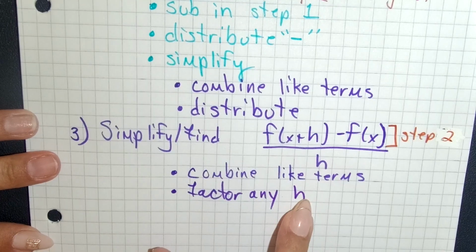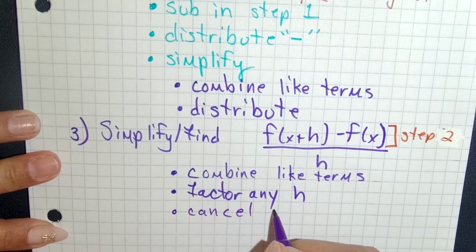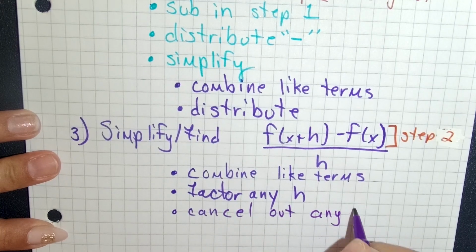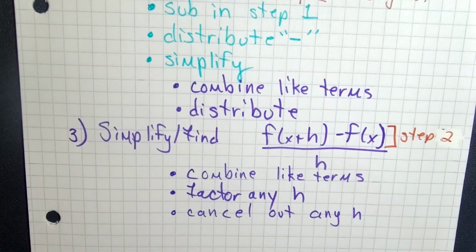You need to factor out any h's, because then you'll need to cancel out the h's. And then last but not least,